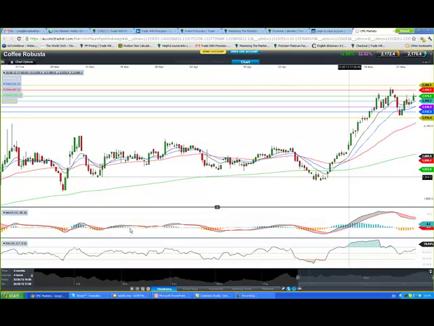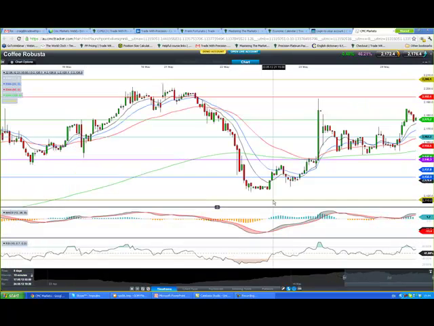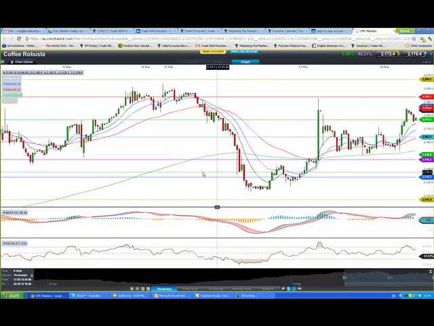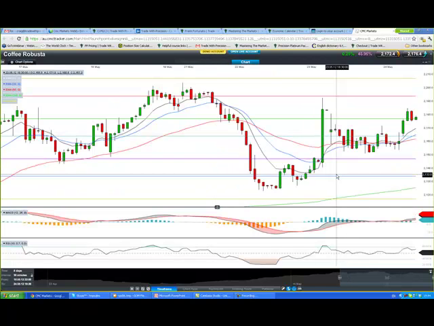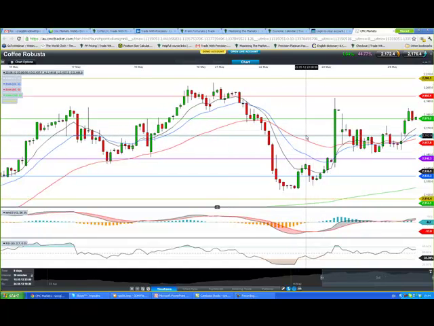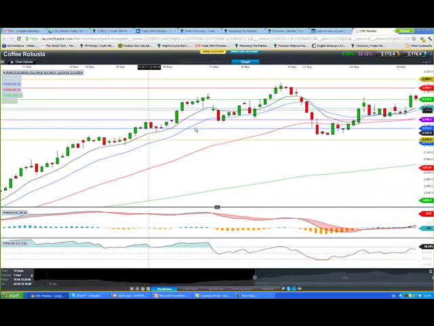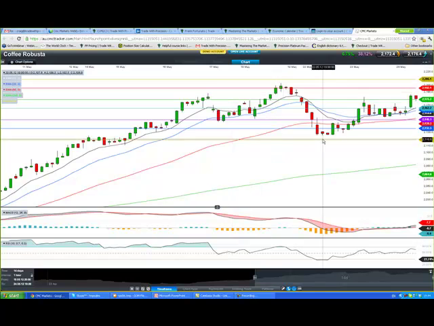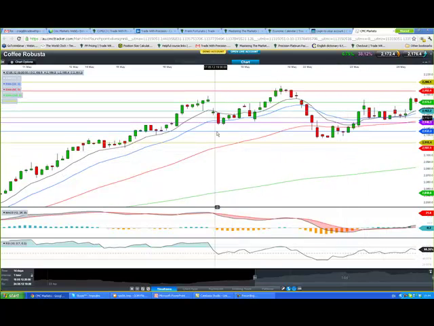Pulls back, moves away. Nothing really going on now. We'll come down and check out the 15-minute. Oops, what have I done there? No, there's not really. See, this is where the understanding of a trend is really important. We had a trend through here, higher highs and higher lows, giving us opportunities aplenty.